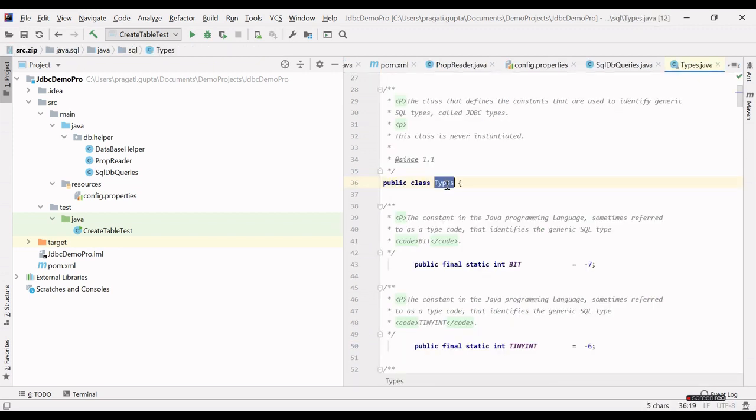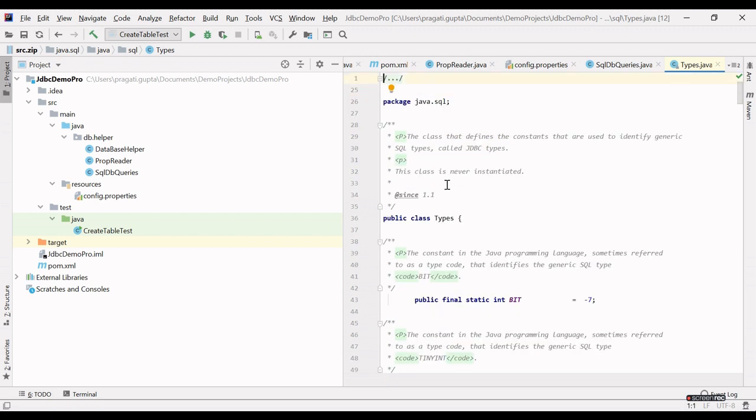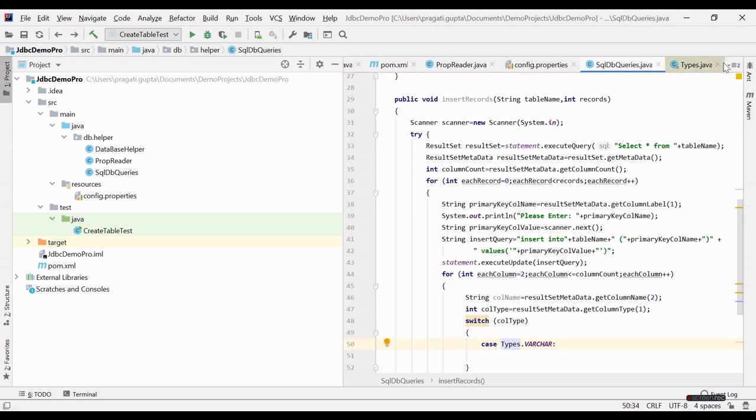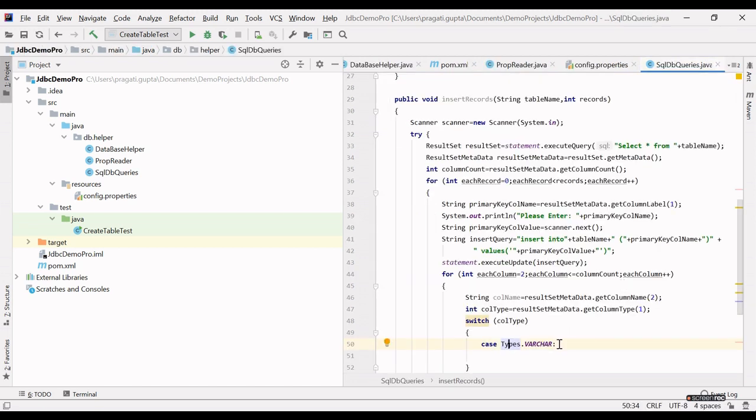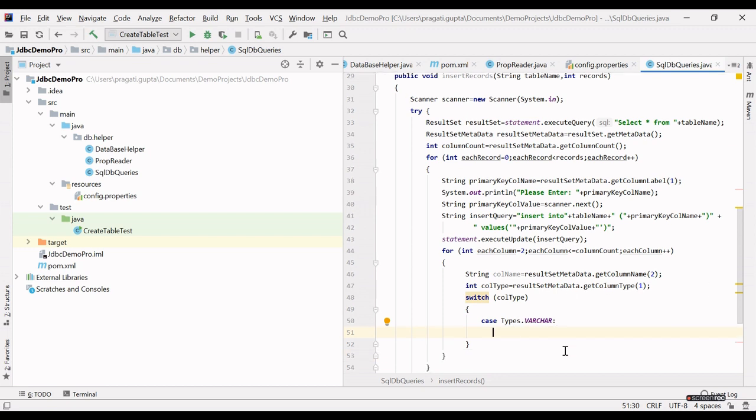This is the Types class that is already defined in the java.sql package. If the type is varchar, then we will take the value from the user first.